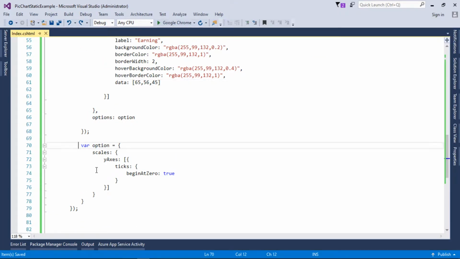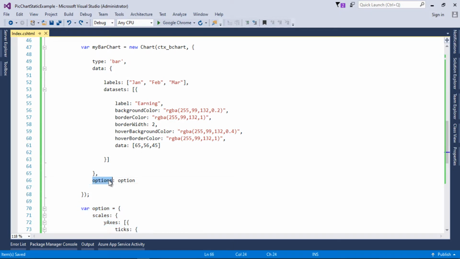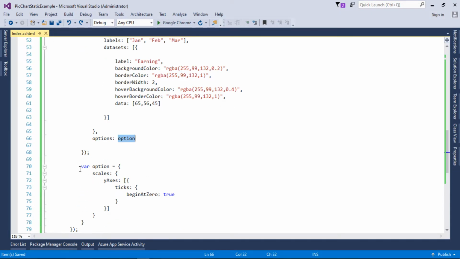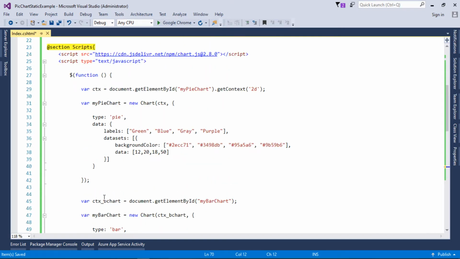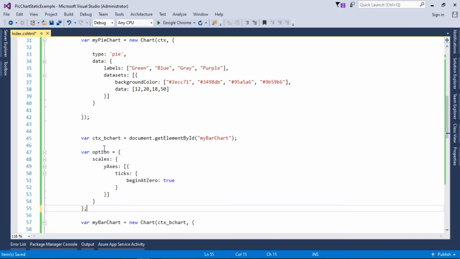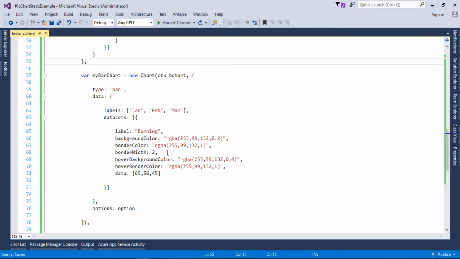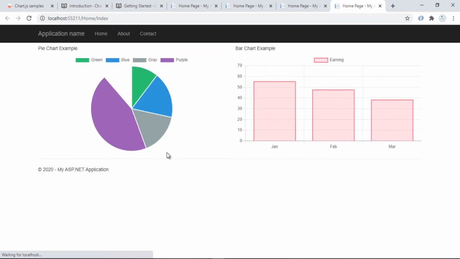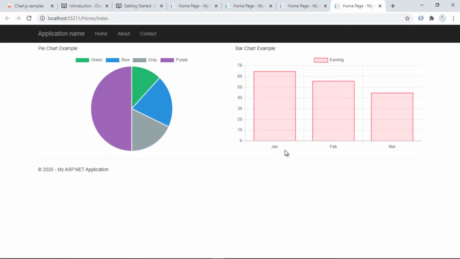here are our options, and we have correctly passed the options. This option, I think we need to declare it above the code that we have typed. So I will paste the option here, and let's see whether it is working for us now or not. Let's press Ctrl F5 to run the output. So here our code is working properly. Now our scale is starting from 0, and we have March data as well.